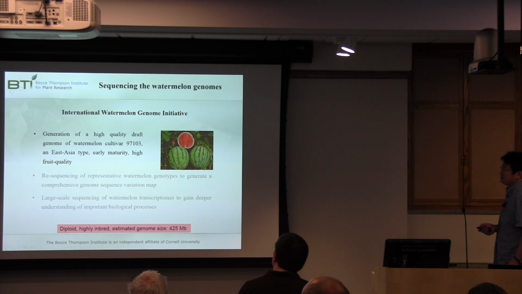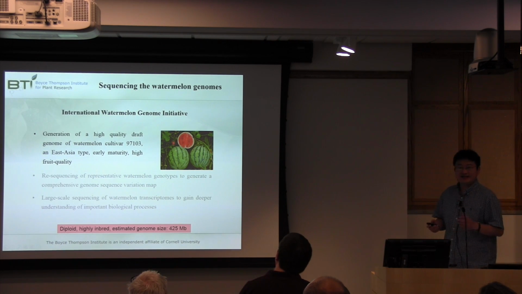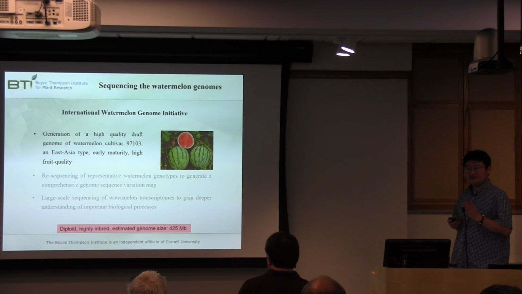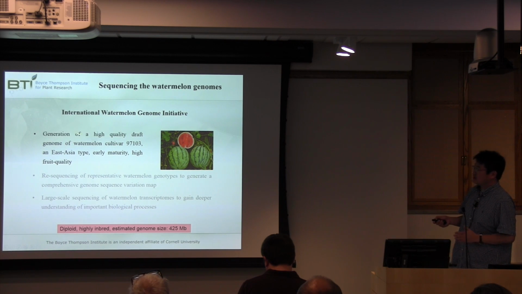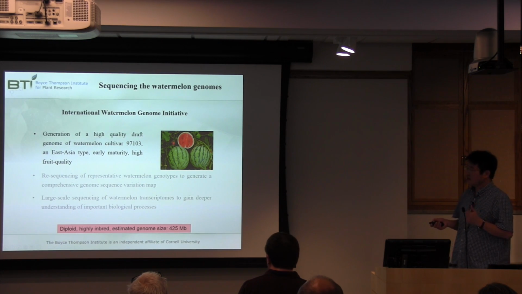The first one we generated, in 2008, we formed an international watermelon genome initiative. One of the goals of this watermelon genome project is to generate a high quality draft genome of watermelon cultivar 97103, which is an East Asia type. It has early maturity and high fruit quality. And we also have these additional